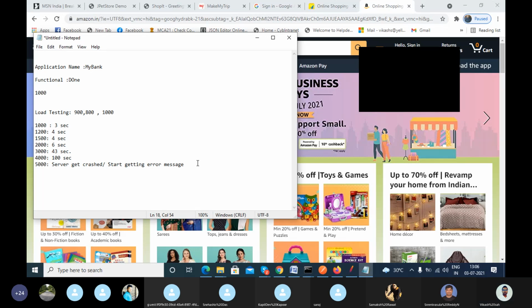So this is the point you have to find, at which point your application starts breaking. Your application is not responding. Right. So that is known as